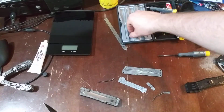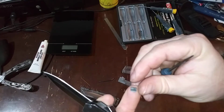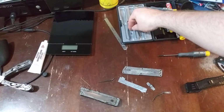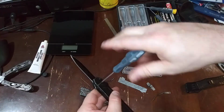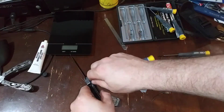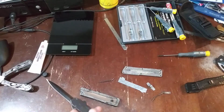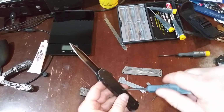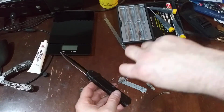Oh yeah, there's one of the pieces from the back hook. When the back hook broke, I saved it. There it is. So before I take these knives apart, I've heard some people say that parts go flying, stuff goes everywhere. No, but what I will do is I take the tension off the lock, so the knife is